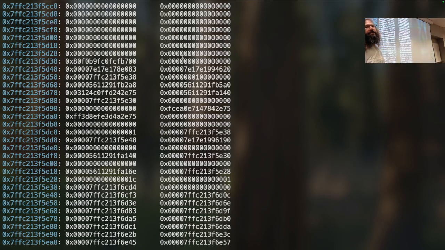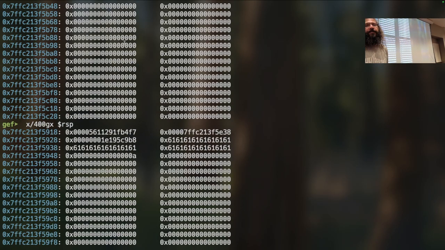So this is the end of that function frame, right? What is on the other side of that function frame? Main's frame. So what happens if I overflow? I start from there because that's where I happen to read.